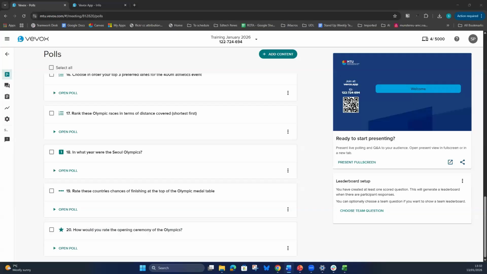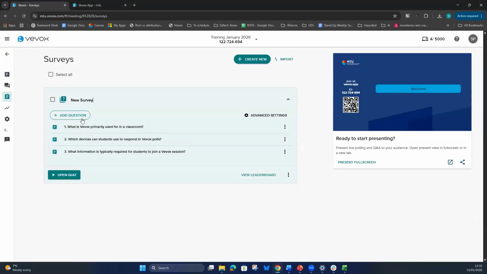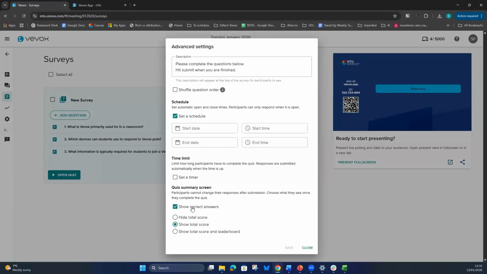So then the next thing is scheduling surveys and quizzes. So if I go back into the surveys tab here, we have some questions on this survey already that I just imported or brought over earlier. And when you click on advanced settings on the survey, you can see that there's a schedule option. So if you click set a schedule, that means that the quiz, or the survey if it isn't quiz questions, will be available between a certain date and time, and then end at a certain date and time. As you can see, automatic open and close times without you having to click open quiz and close quiz